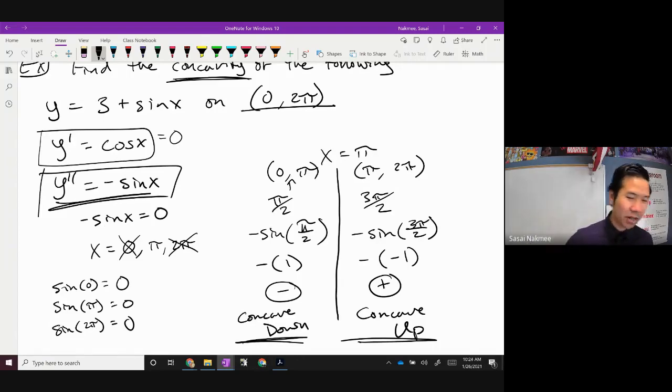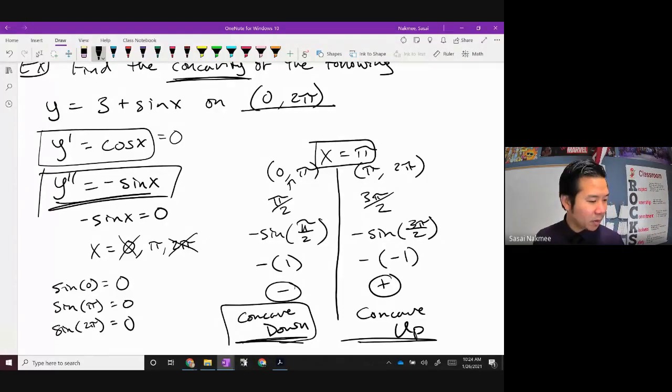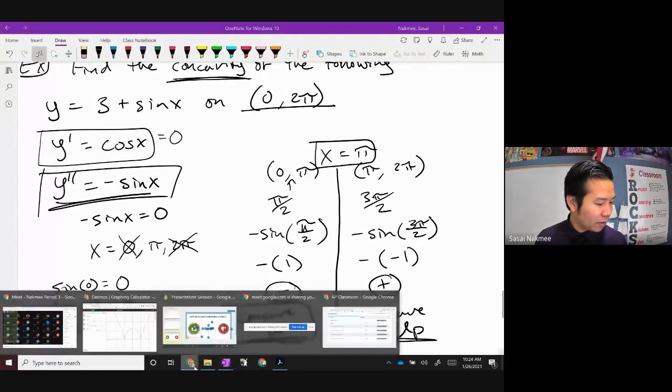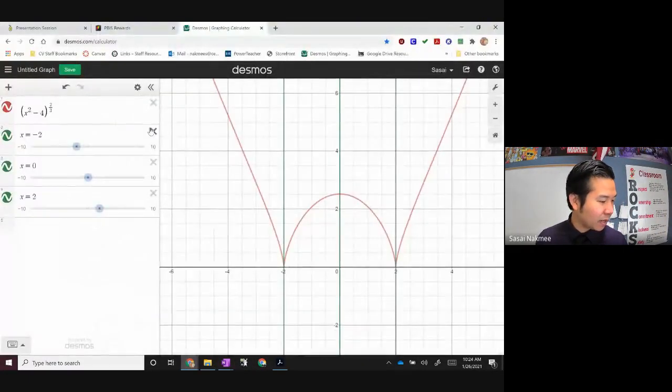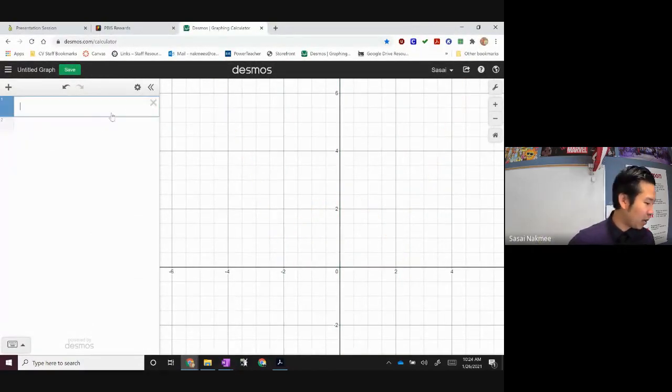But let's actually just go ahead and graph it and take a look at this part where it's concave up and where it's concave down, around this part where x is equal to pi. Okay, so I'm going to go back here to my graphing app. Let's go ahead and graph this guy here. The new function we're going to be focused on right now is